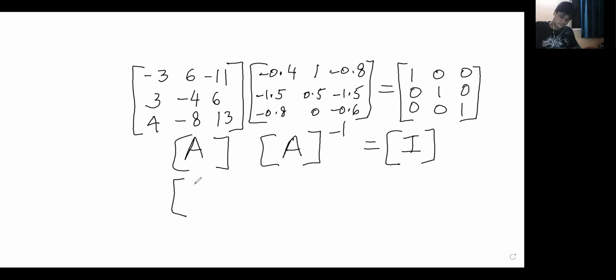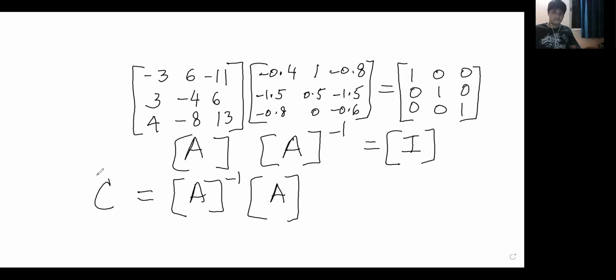Now what you do, you write the reverse. First you write A inverse, then you write A, and call the product C. Write the size of C, which is the same as the size of A and A inverse. Calculate C11, C12, C23, etc., and calculate the result. Okay. You can do it as homework.